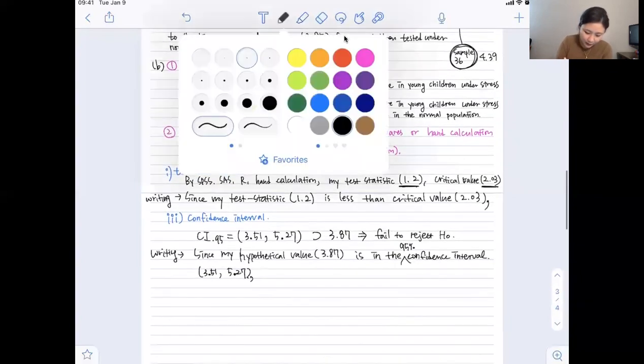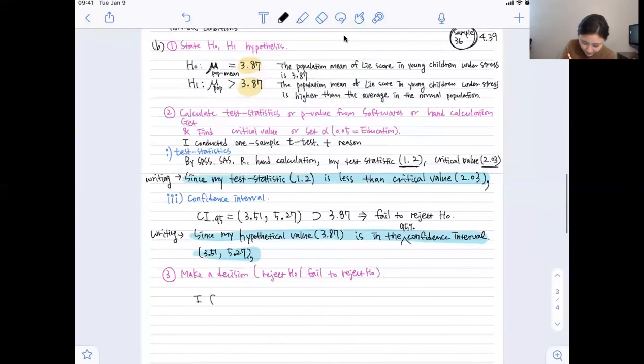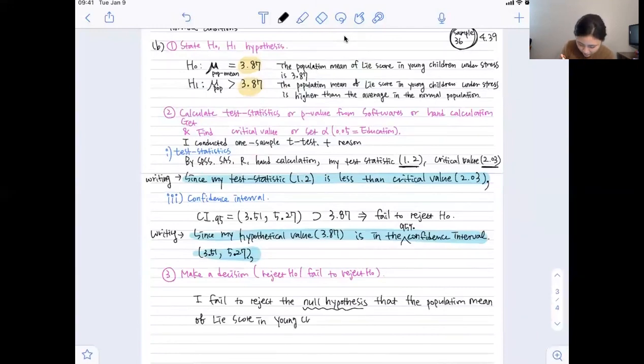And then I need to make a decision whether to reject the null or fail to reject the null. Since my test statistic is less than the critical value, or since my hypothetical value is in the 95% confidence interval, I fail to reject the null hypothesis. And then I'm going to copy what was in my null hypothesis, that the population